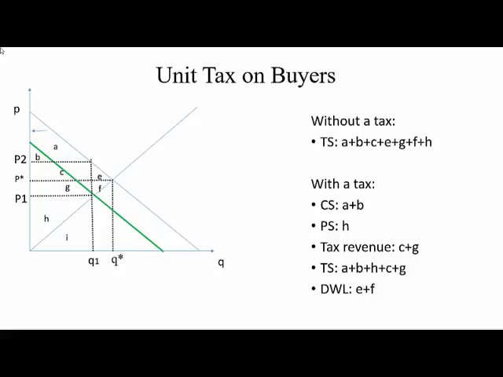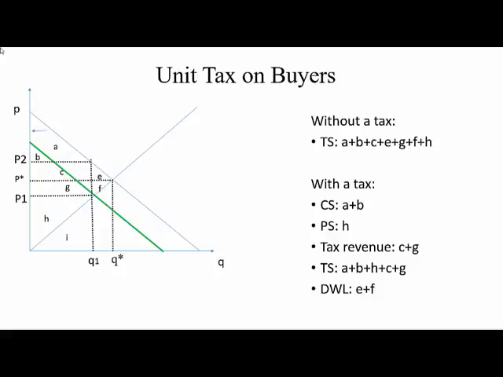Thus, the demand curve shifts towards the left. Now, at the new quantity demanded Q1, producers actually receive P1 times Q1, and consumers actually pay P2 times Q1. Obviously, consumers will pay more money to cover the tax. The difference between P1 and P2 is the amount of tax paid by the consumers or the government revenue received